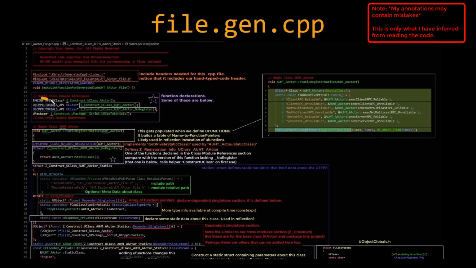Then there's this section called Begin Cross-Module References. And we start to see declared ZConstruct functions. If I annotated this with a star, we can see the star pop up later. These are just the function declarations. Their bodies get populated later, except for things like this, which is defined in, I guess, the engine's generated file for actor. First thing is this static register natives,